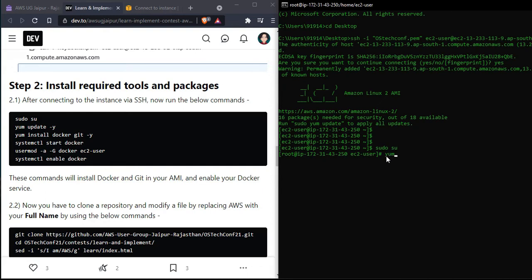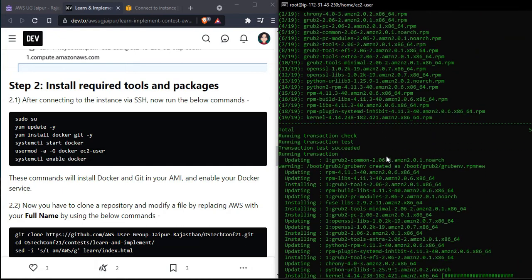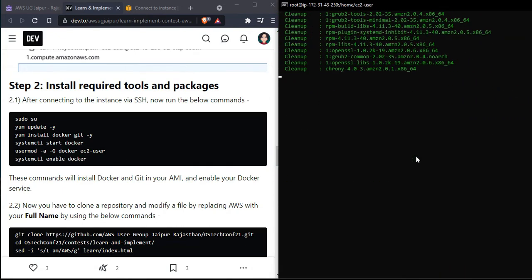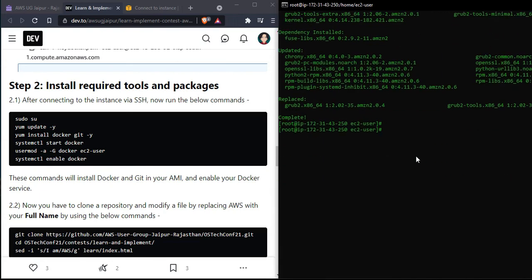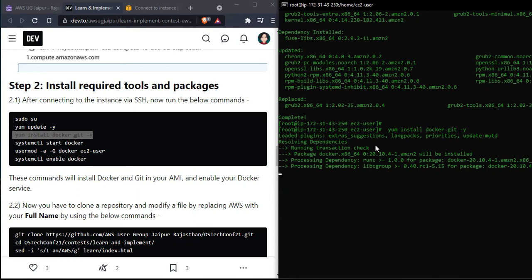Now you need to update the packages. For that, just type yum update with the tag -y to update the packages. Now you need to install Docker and Git. So just copy this command and paste it over here.